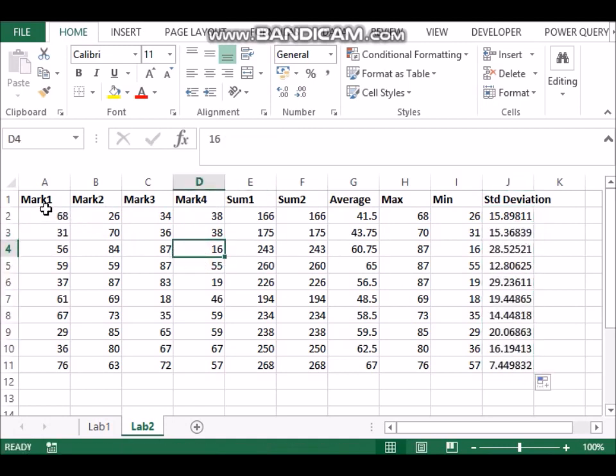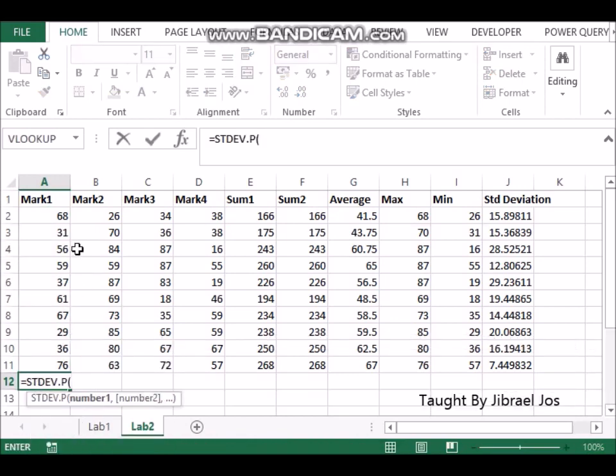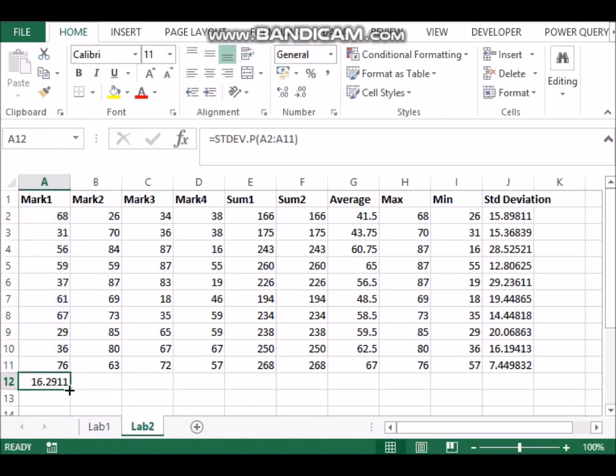Now we applied these functions on the row. If you notice, for one student, the 4 marks, we applied average, max, min, standard deviation. We could have applied it for the class, like what is the standard deviation of the marks for all the students. So it's a columnar thing, and we could have put the formula here. I could have calculated the standard deviation of the students' marks across for the first test, and I could have pulled the standard deviation formula like this also. So I could have applied it on the column, or I could have applied it on the row. It depends on how you want to do it, how your data is, and how you want to manipulate it.